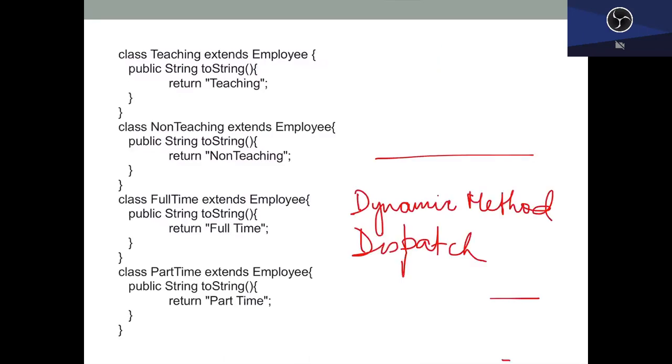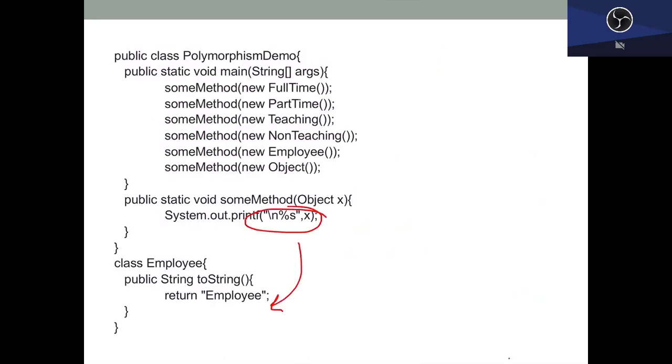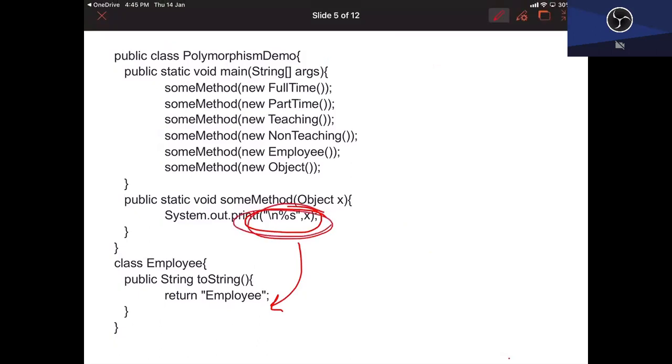Now, when we are talking about polymorphism, we also have to understand binding of a method implementation. Binding basically means how you associate a method call to the method implementation. So in this example, this was nothing but a method call to toString.